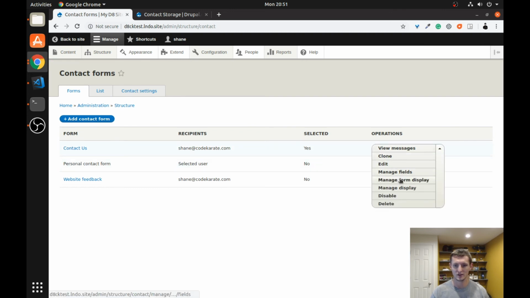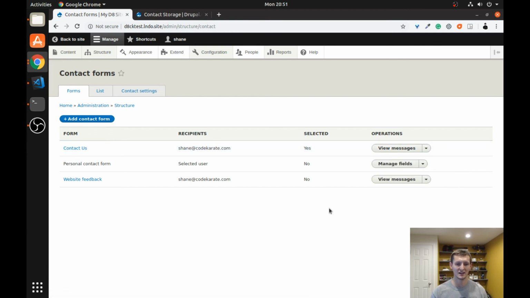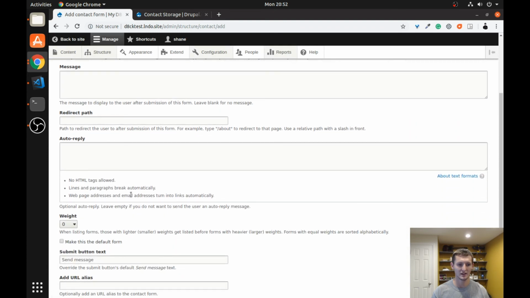You can also see there's this disable option here. So if you want to disable a contact form but you want to keep it on your site so you can maybe save the responses, that's a good way to do it. So you can see that it provides some additional functionality when you're adding or editing contact forms. So you can see the contact storage module is actually very simple. It only took a few minutes to go through it, but in this episode you learned a little bit about